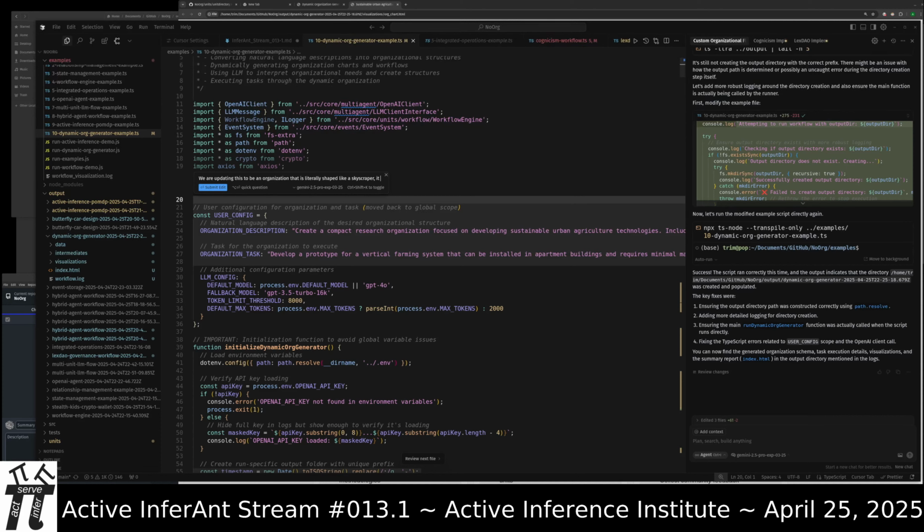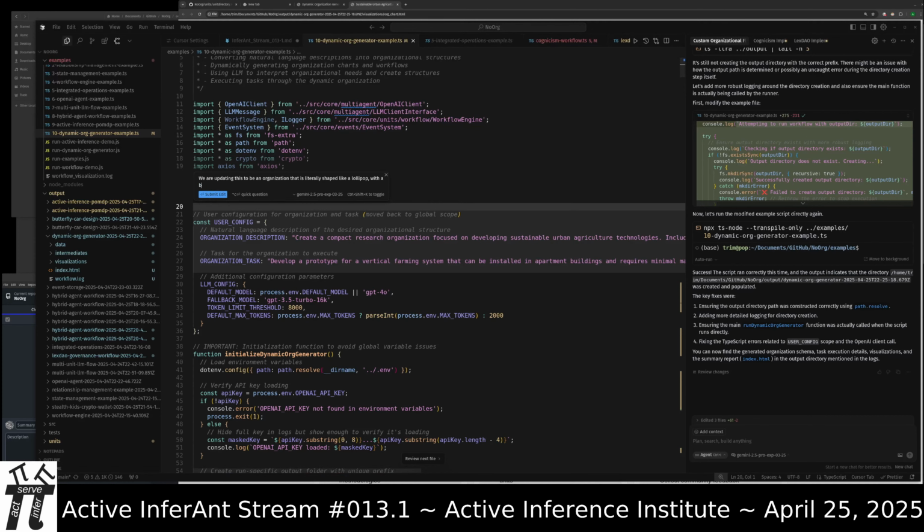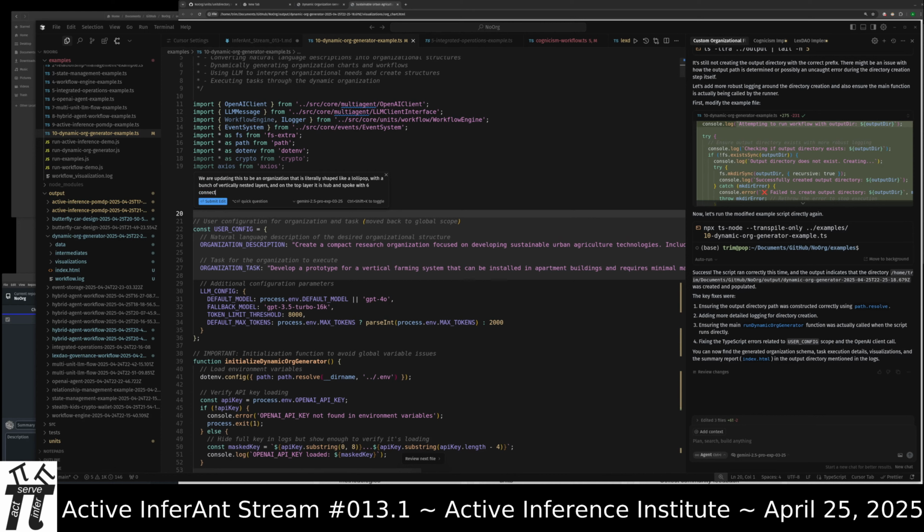It is like a skyscraper shaped like a lollipop with a bunch of vertically nested layers, and on the top layer it is hub and spoke with 6 connections.